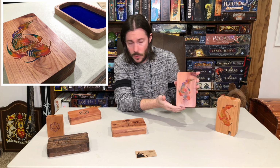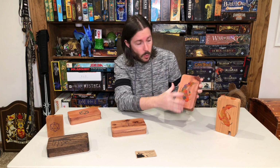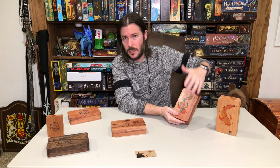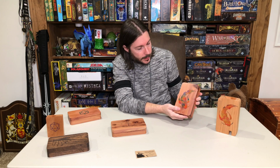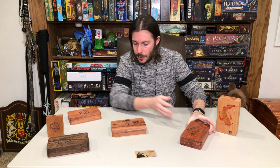I believe this is the only one that they do in a rainbow is the koi. I could be wrong. And they do have this same one in obviously different colors. This one's more red and yellow. They have one that comes in like a green and sort of a metallic gray that's really cool looking. What's nice about these is not only do you have the nice high poppy color, but some of them glow